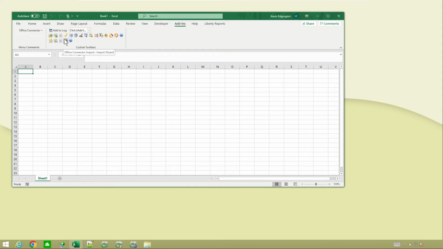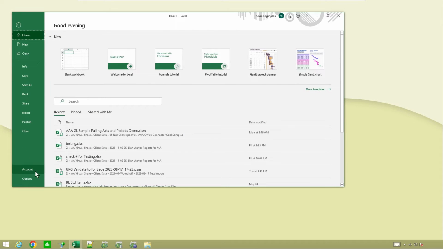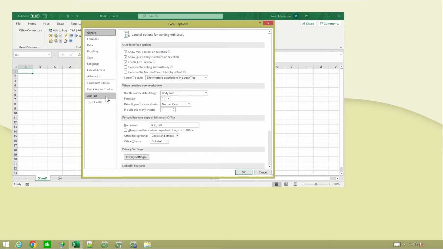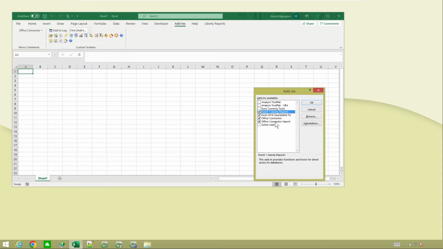So that is pretty much the first method, and that is the most common method. So you'll actually see those add-ins there. They'll look like they're checked. You'll have to uncheck them, turn them back, you'll basically turn them off and turn them back on. So that's pretty much the first one.